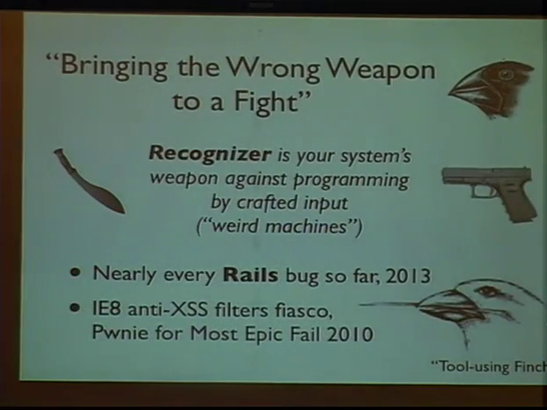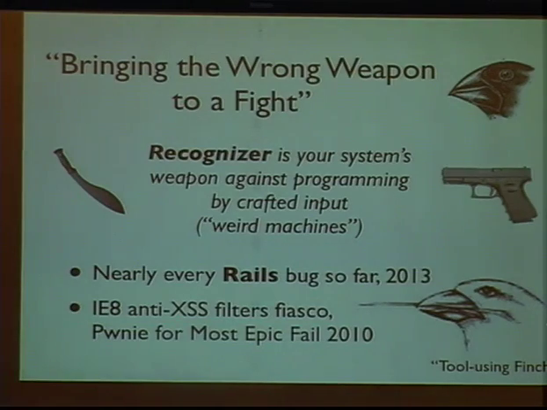So you have to sort of bring the right beak to the food, or the right weapon to the fight. It does not do to parse something that is context-free with a finite state machine. We will see an example of that. In fact, the recent Rails bugs were the example of that. There is a wonderful bug that happened in 2010 and got the pony for the most epic fail, and that was the